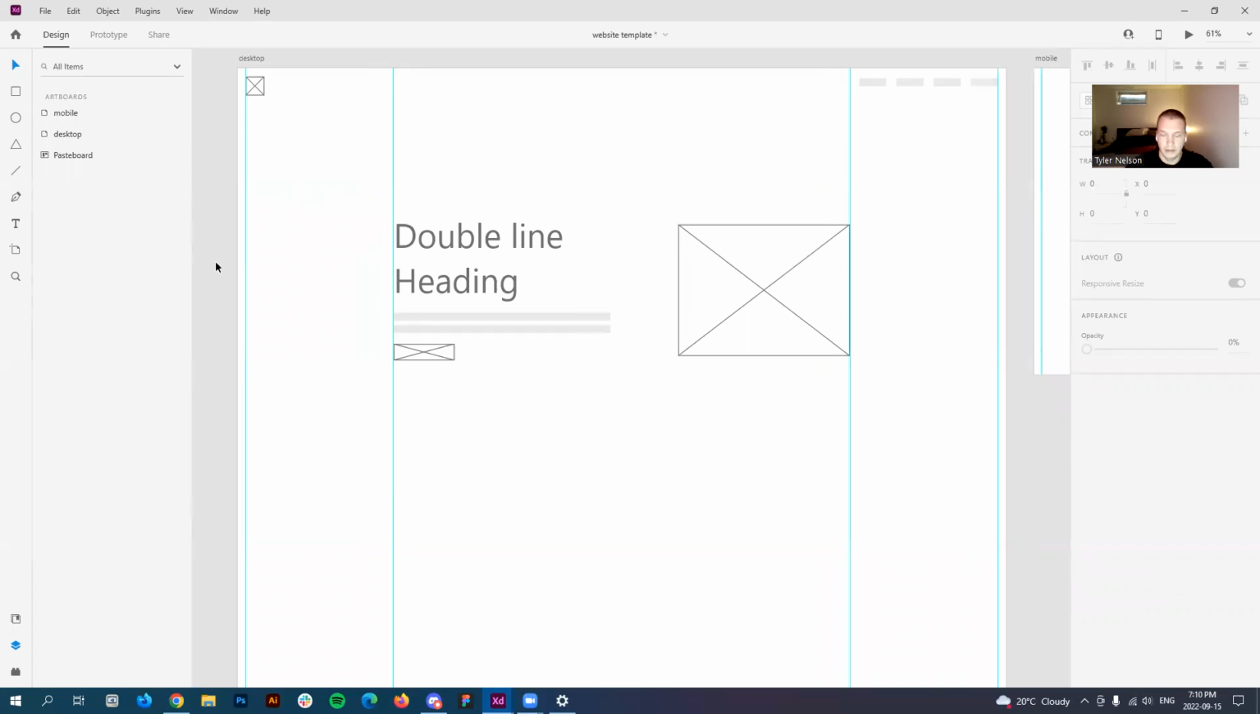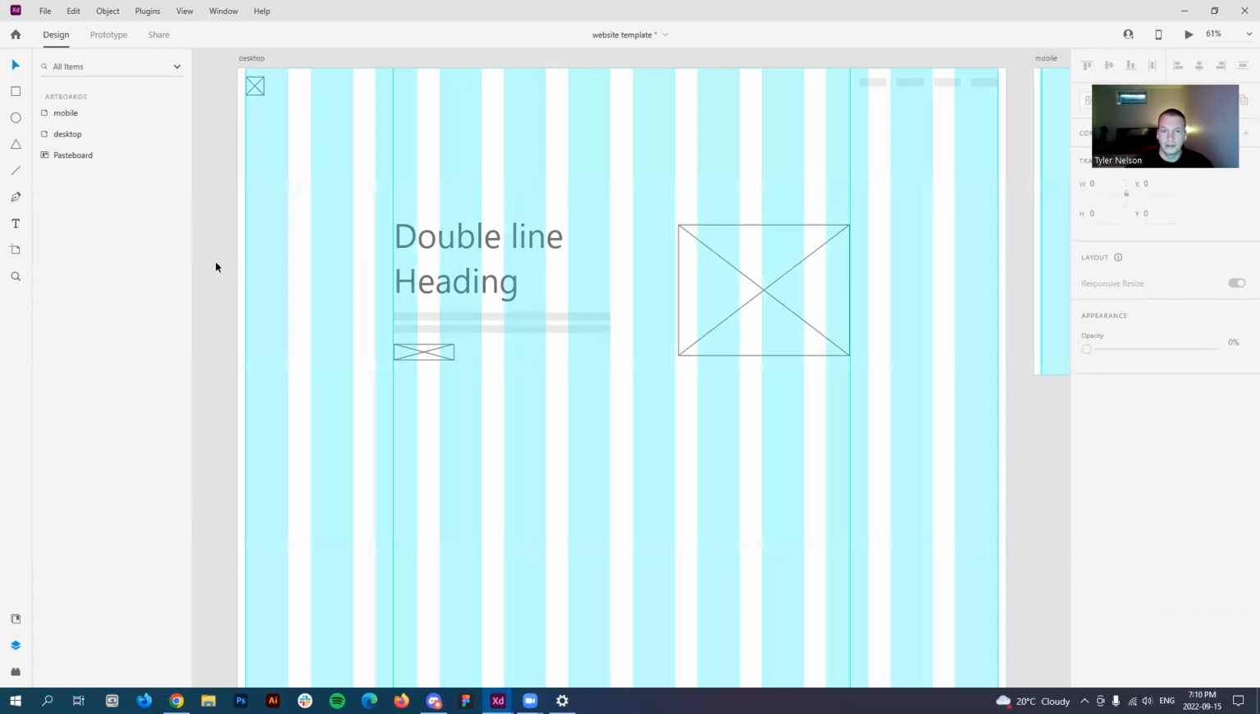That being said, I'll also pull up my grid. I just used a little shortcut here in XD, Shift Control Quote, and that will pull up the grid. I have made a custom grid, and it's 12 columns across. We'll get into this a little bit more, but